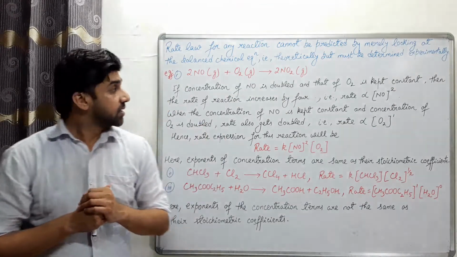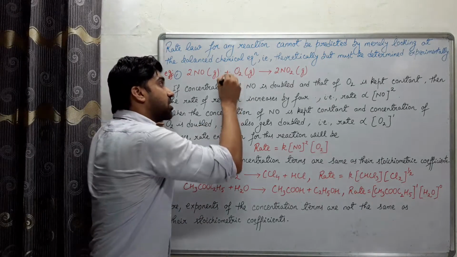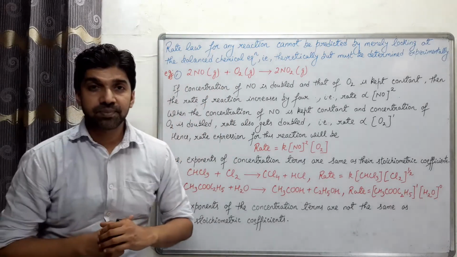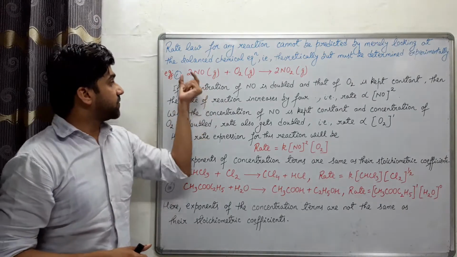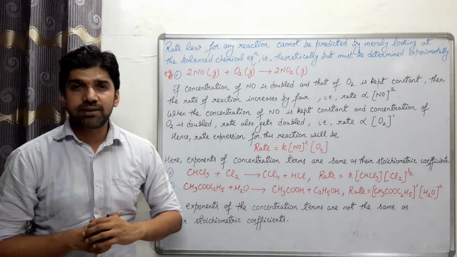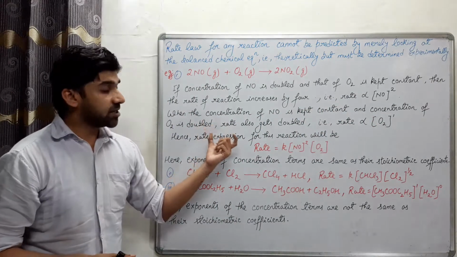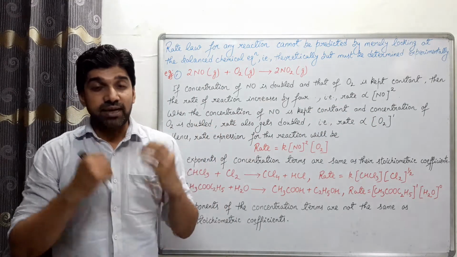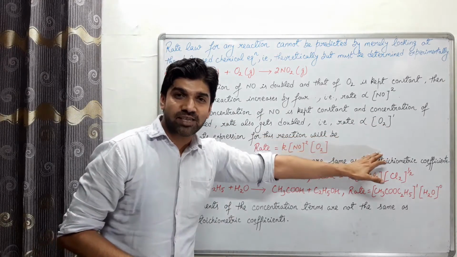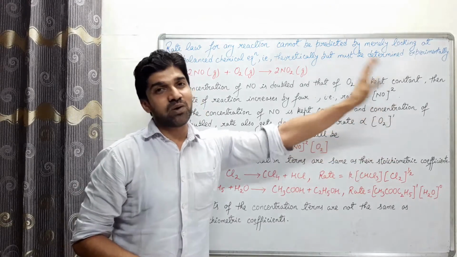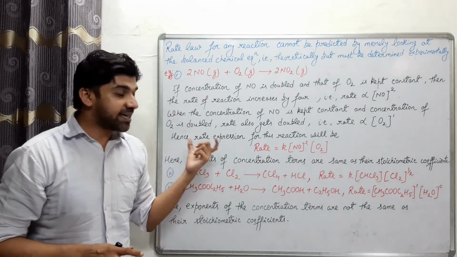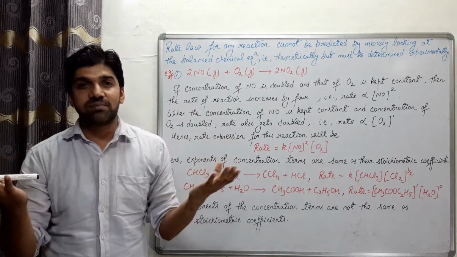What do we reverse? We will increase the concentration of O2. We will double this and keep the other constant. So the concentration of NO is kept constant and the concentration of O2 is doubled. Then what did we find? That the rate gets doubled. So in this case we can say that the rate is directly proportional to the concentration of O2 to the power 1 only. So overall we can say that the rate expression or the rate equation...